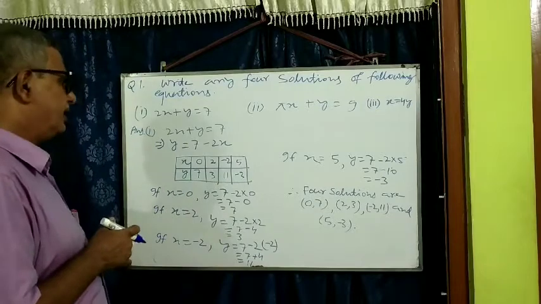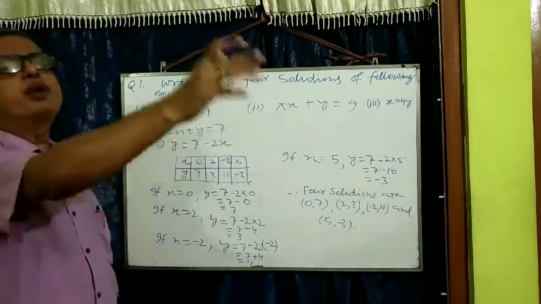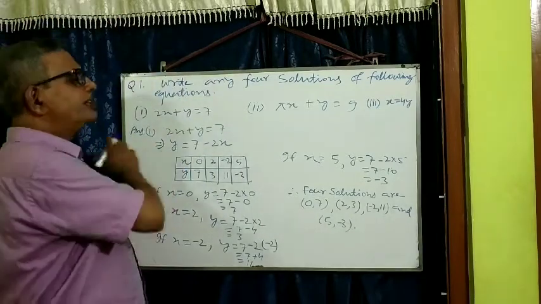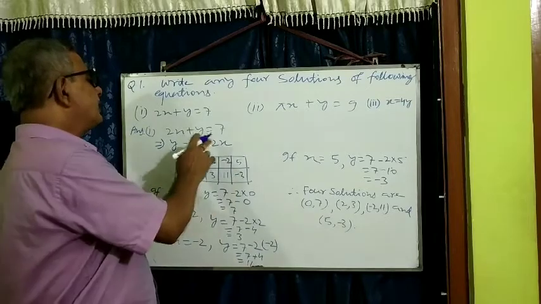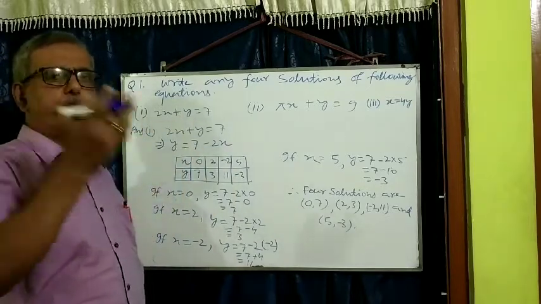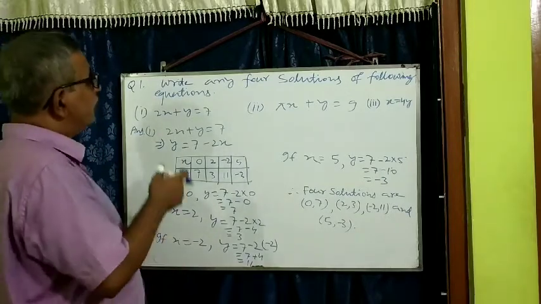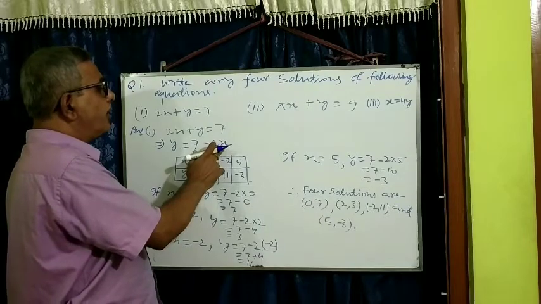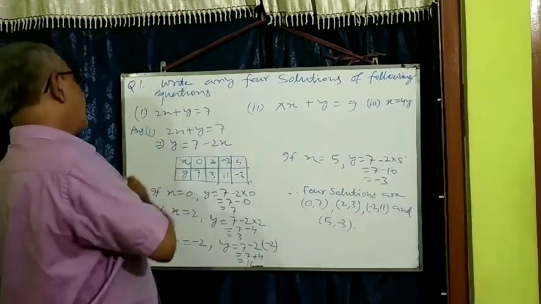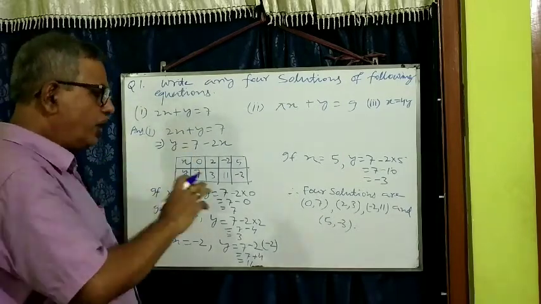In this way, is there limitation to get the solution? Infinite number of solutions, infinitely many solutions you will get, because there is no limit of taking the values of x. You may take 1, 2, 3, 4, minus, plus, whatever you like. So in this condition, infinite number of values you can take for x. So infinite number of values of y you will get. So there is no limit.